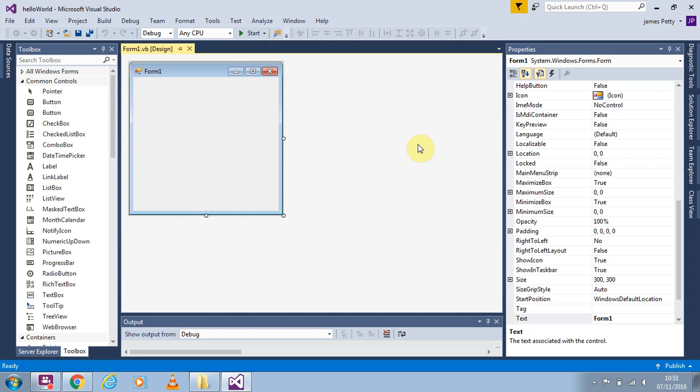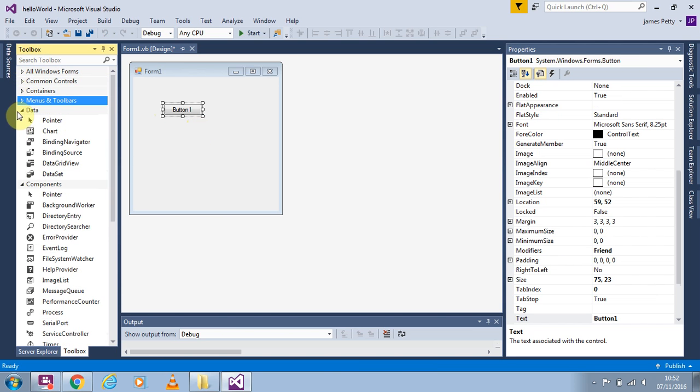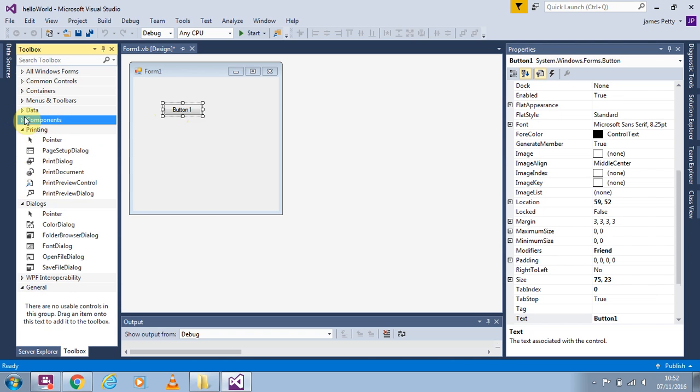Now, I call this Hello World because your first program is going to be to make a Hello World. We want to take a button from the toolbox, and we want to take a label. But before we go any further, just to make sure your toolbox looks the same as mine,